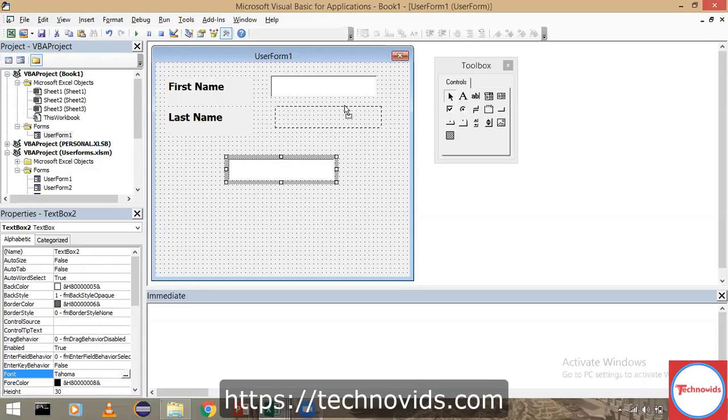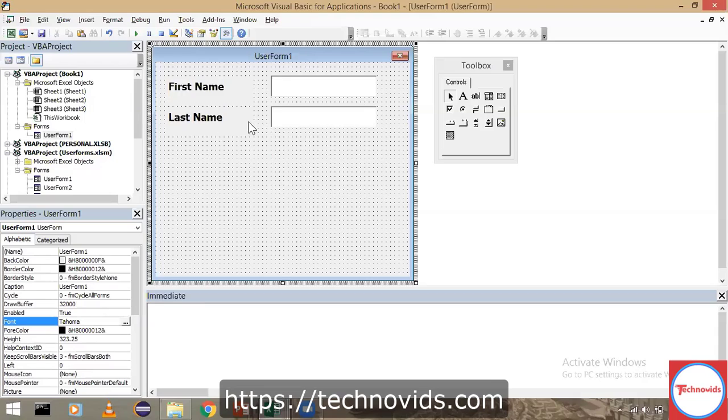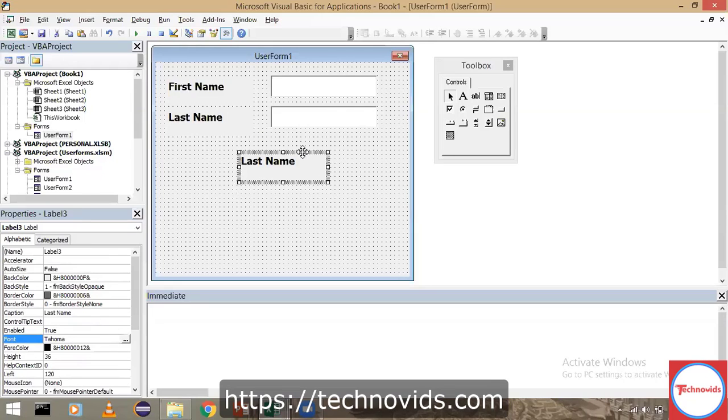I'm dragging it over here. So this is for first name, this is for last name. Two different fields have been created as text boxes. Now let's say I want to create something called gender as a combo box. So I once again copy this, Control C, put it over here, Control V, and drag it a bit.